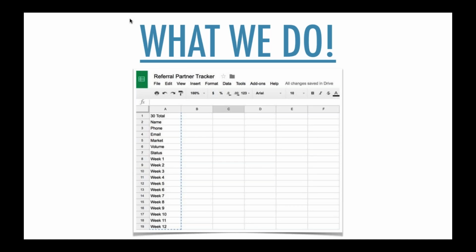Again, you don't need a tremendous amount of people in order to generate some pretty incredible results from this system. So what you do is you open up this not so fancy Excel spreadsheet, and you write down all of the names across the top of the spreadsheet. You're looking for a total of 30, and you want to write down their names, their phone numbers, their email addresses, the marketplace in which they work, so that you have a rough idea of the part of the city